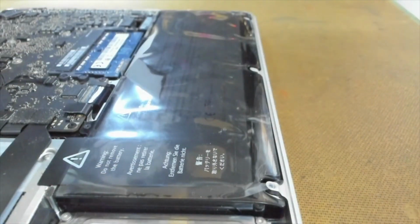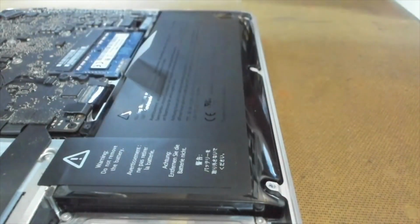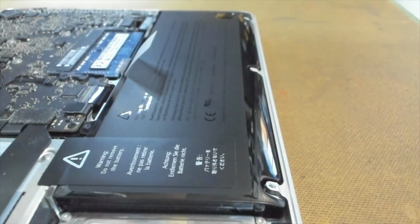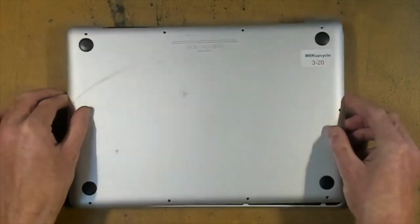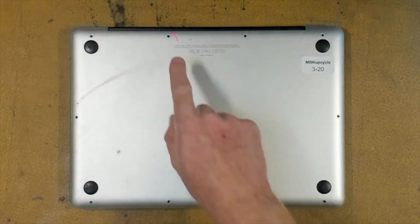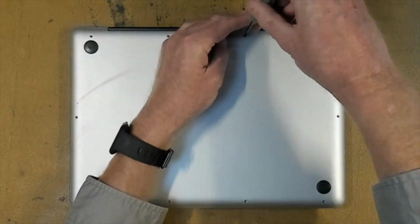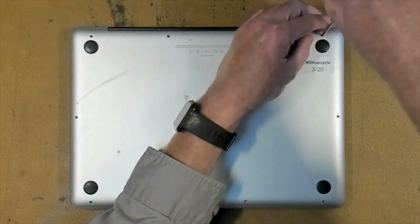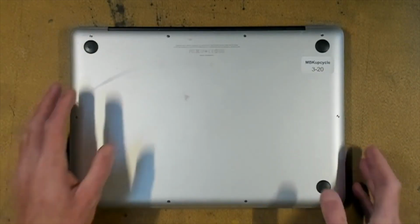And everyone's favorite part, we rip off the plastic. Lovely. It's time now to put on the bottom plate. We'll put our long screws in first, here, here and here, and all the rest of the screws are short. We then flip our MacBook over,